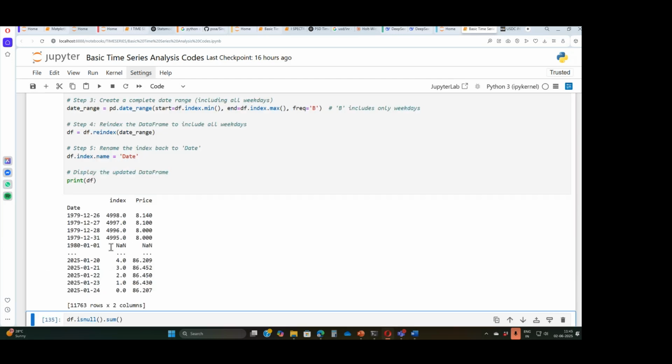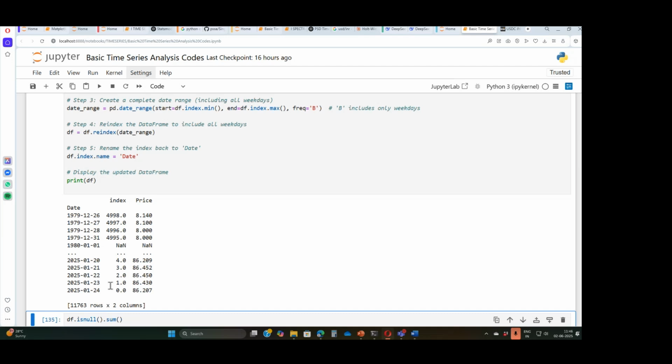So now what it has done, it has created date as an index. That's why it's gone one step below. Now you'll notice that all the days are there from the first day of your series till the last day, with Saturdays and Sundays omitted. Now you see there is a day here where there is no data. So 26, 27, 28, 29, 30, and the 1st of January was a holiday. So if I start eliminating all the missing values, my whole series gets distorted. It won't be 365 days, sorry, 260 days, that is 52 times 5.